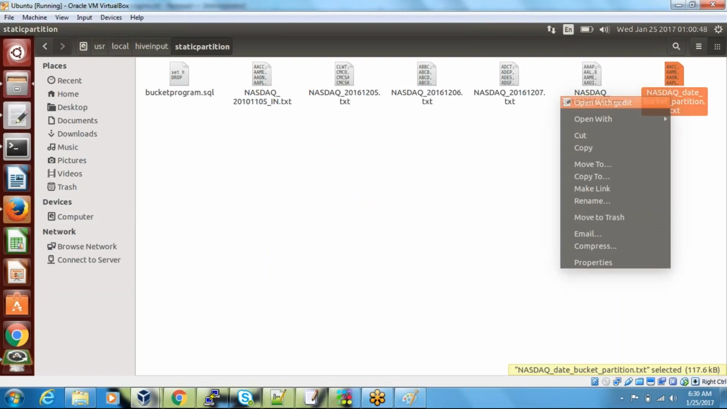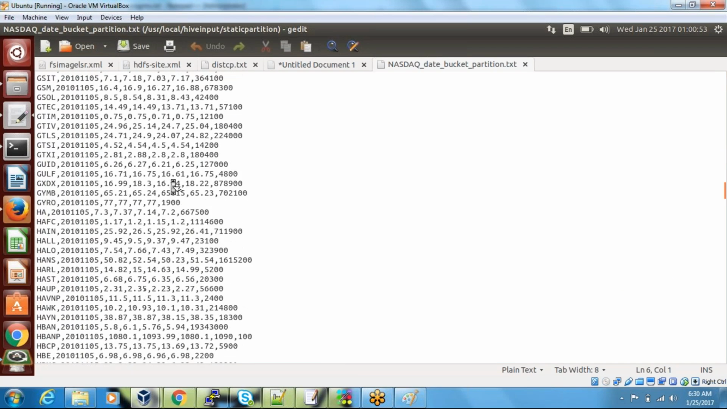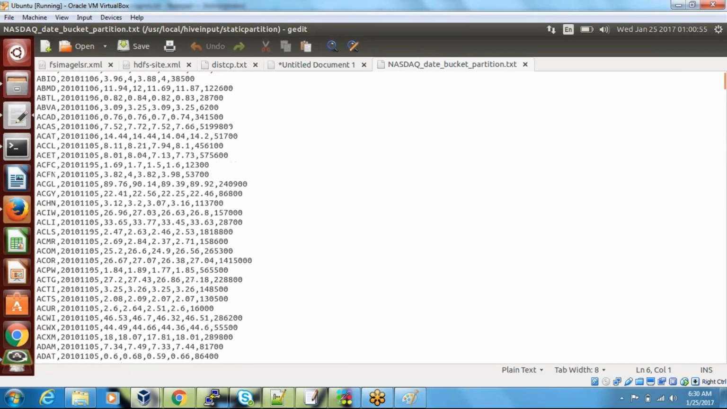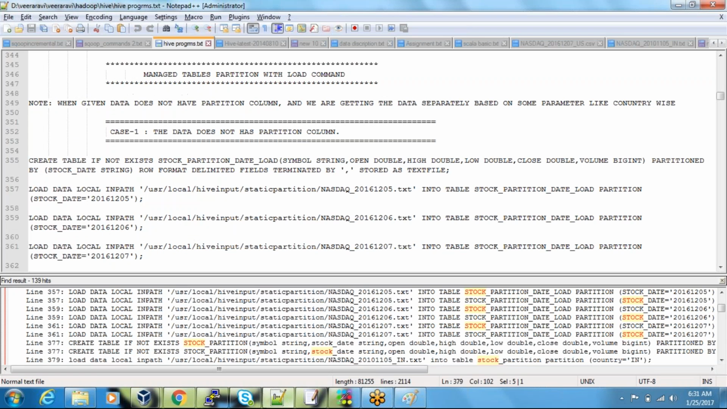This is the one. Okay, now this is my data. From this data, I want to do bucketing and also partitioning. Both can be done on this. This data contains my symbol, tick, date, open price, high price, low price, closed price, and volume. These are my columns. Now I need to load the data into it. Okay, let's look at that. So partition_bucket, right? date_